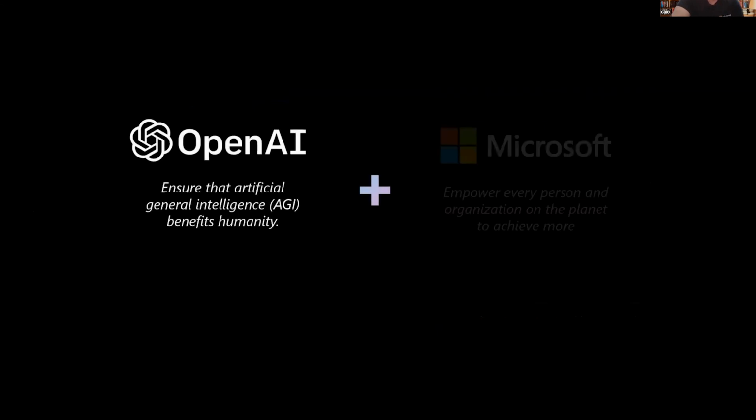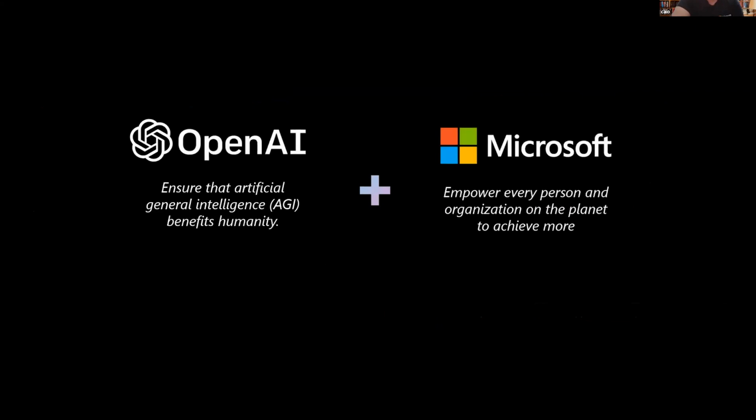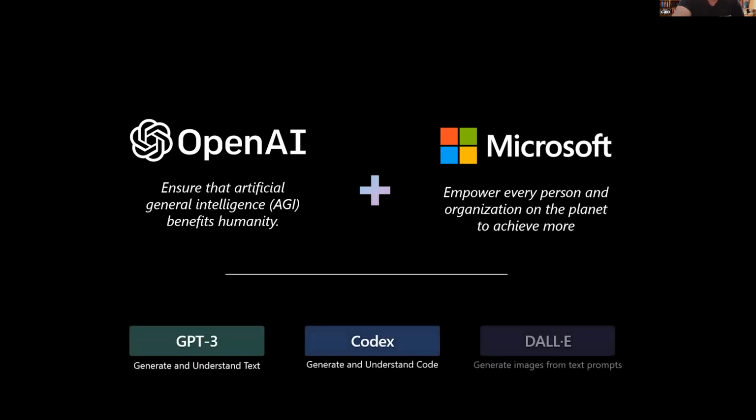But what is that? What is OpenAI, and why Microsoft, and why should we care? OpenAI is a research company that Microsoft invests in, and they focus on creating artificial general intelligence for the benefit of humanity. Microsoft has the mission to empower every person and organization on the planet to achieve more. So together, Microsoft and OpenAI have a partnership, and it makes available 3 types of